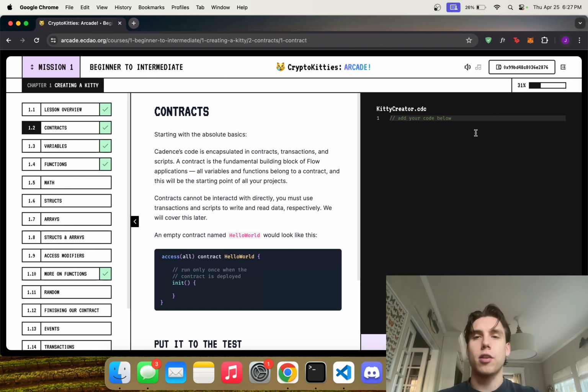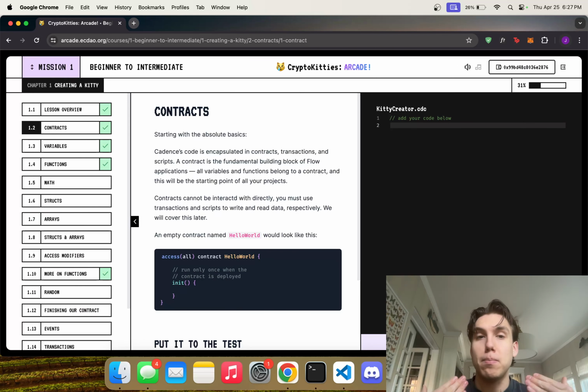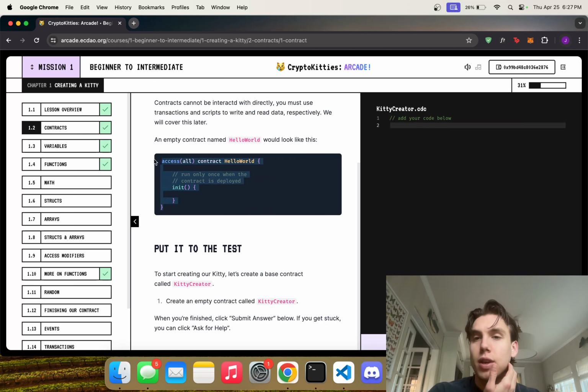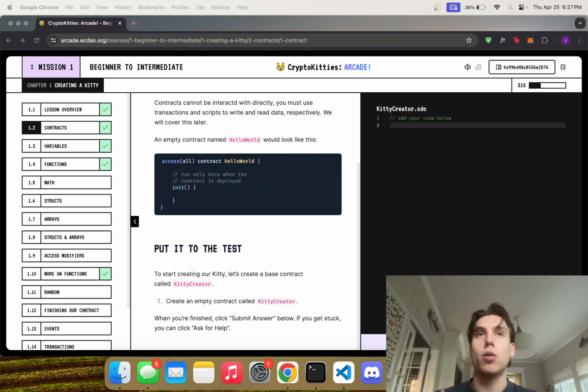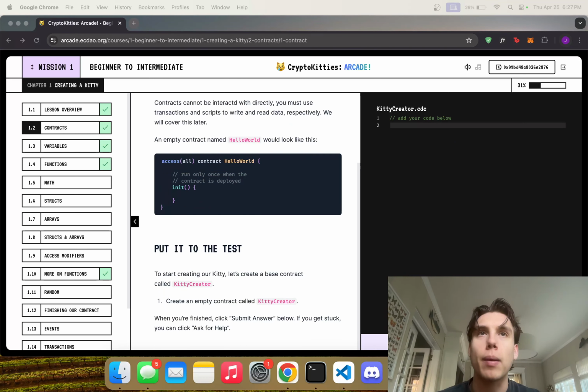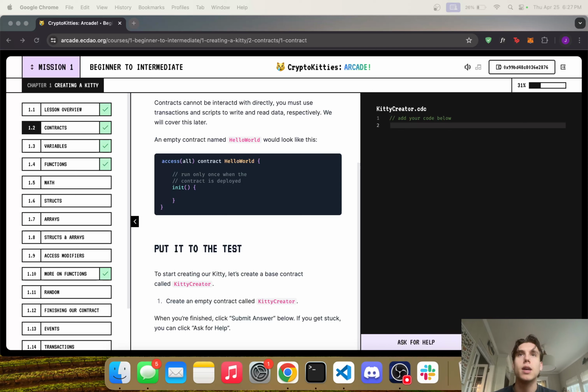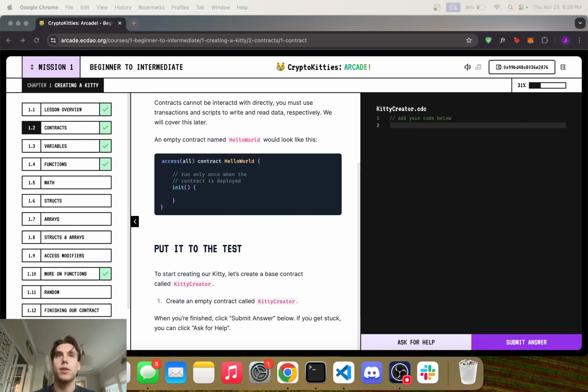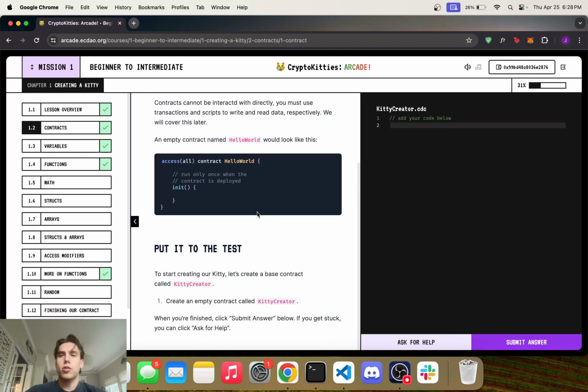So you will see this when it appears. The first lesson is just about smart contracts. How do we actually make a smart contract? Well, it's pretty simple. You can see right here, here's an example, and each of these lessons will give you an example of what you're supposed to be doing. Let me make my webcam a bit smaller too, so that you can see the buttons here. I'm going to put you on the left-hand side so you can see these buttons. Okay, so let's do this.